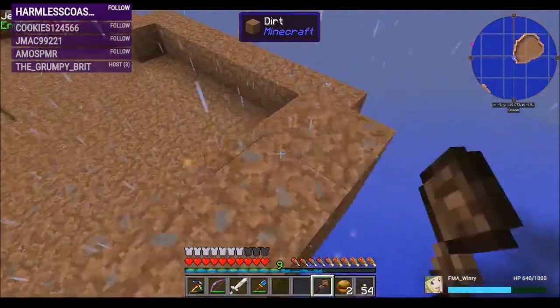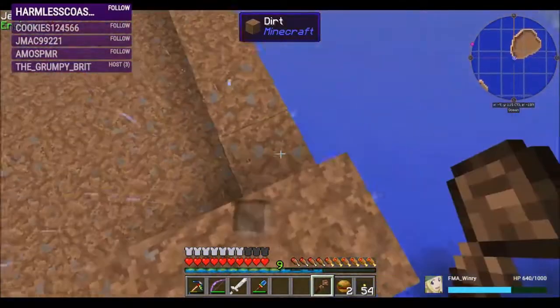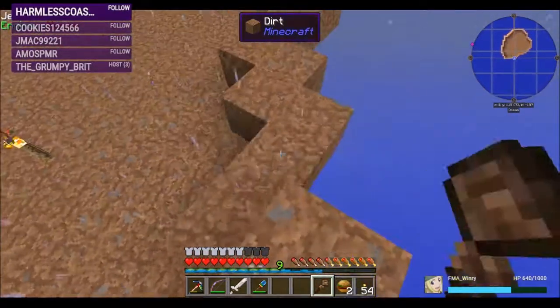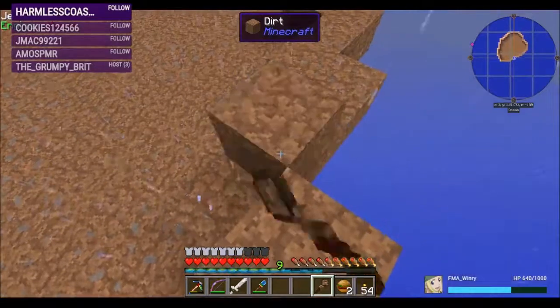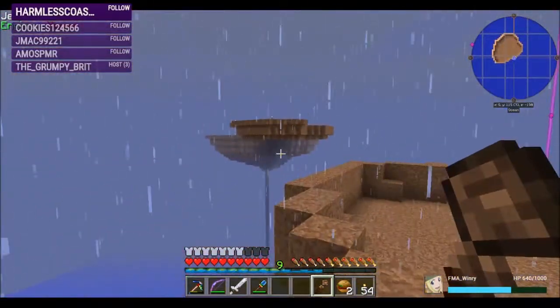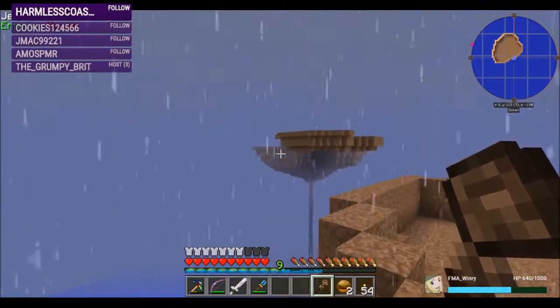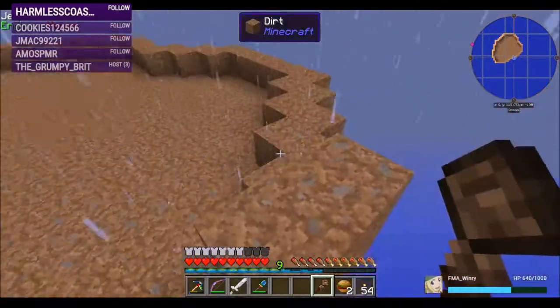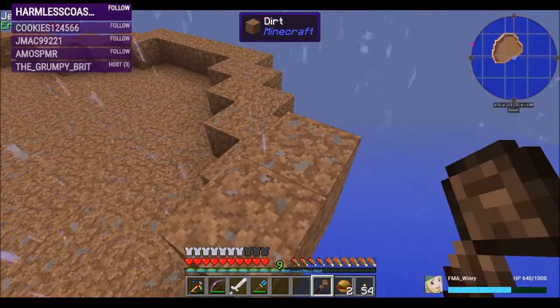Alright, this layer I think I'm going to do too high. And I don't think this island is going to be really tall. Like, it's not going to have a large cone of dirt. It's going to be more like this, only this one's flat. I want to make it a little more pointy. So